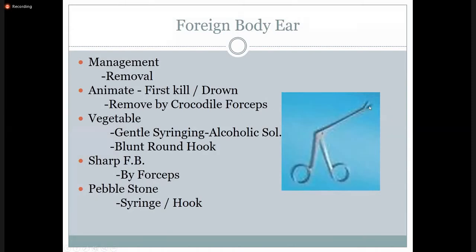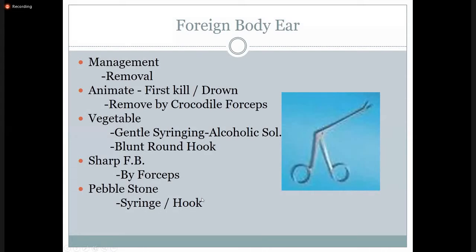Again, that is the crocodile forceps. But if the foreign body is of vegetable origin, like a pea seed, then you gently syringe it with alcohol solution, or you remove it by rounded peel or blunt round hook. If the foreign bodies are sharp, like a pin or something like that, then you remove them with forceps. And if the foreign body is a stone, which is commonly impacted by children, then it is removed by